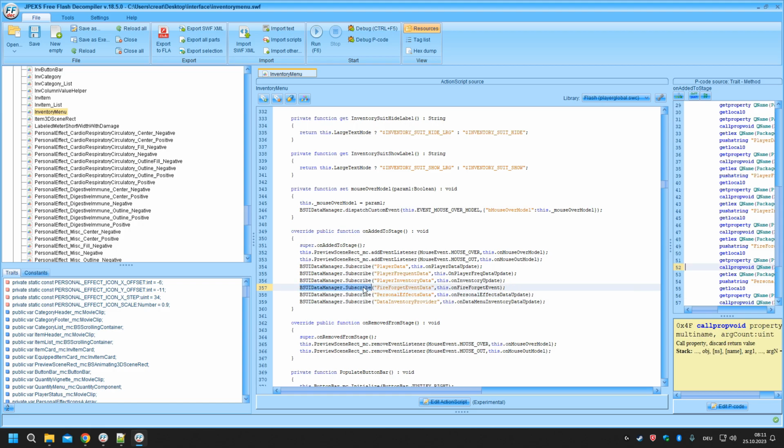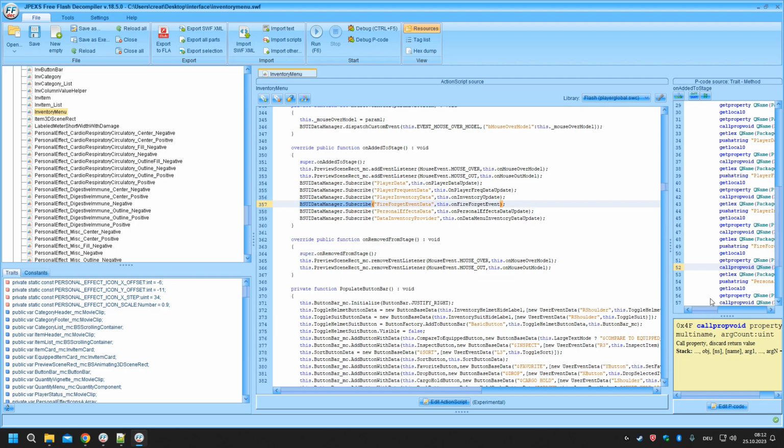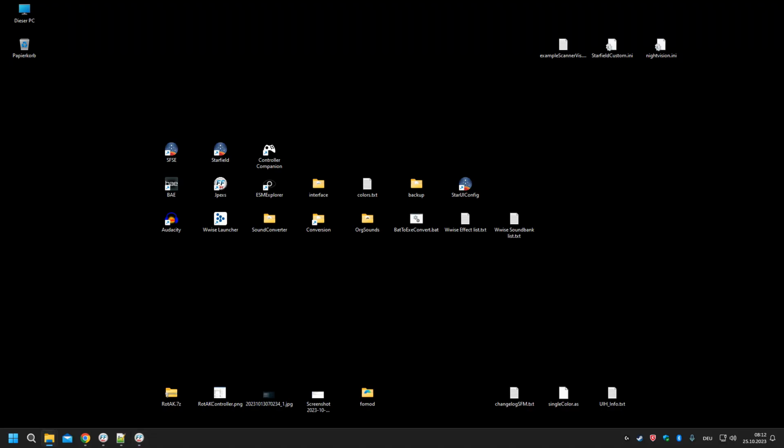And that's what you need to do in order to get the info from other instances of UI or the actual game. Okay, so you have to review all of the interface files, UI files, to find those subscriptions here, and then you will get an idea what you can do and what you cannot do. For example, we can make one thing that I tried to